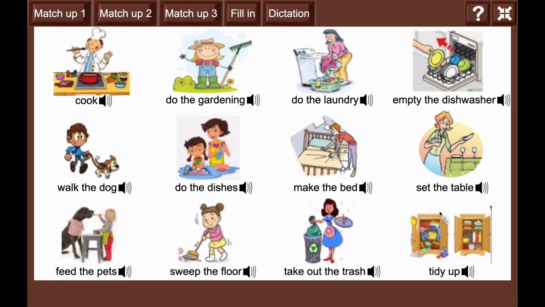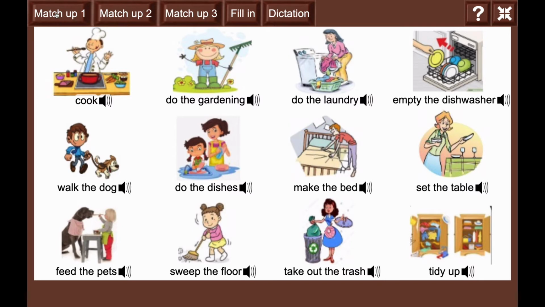After you learn all of the vocabulary, we have some games up here. We have Match Up 1, Match Up 2, Match Up 3, Fill In, and Dictation. Let's try Match Up 1.